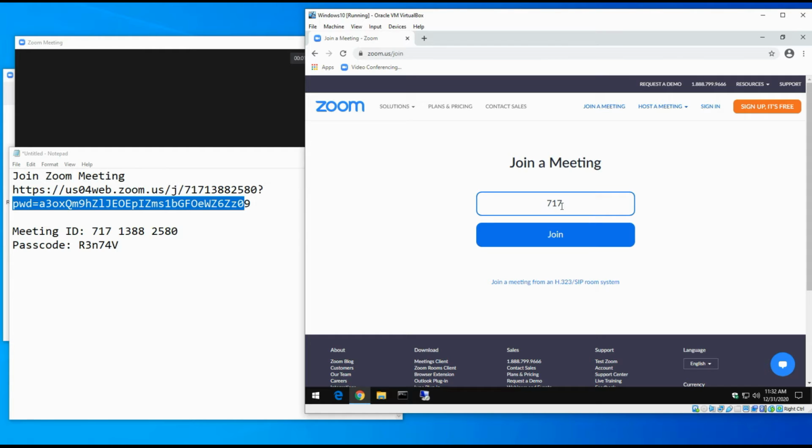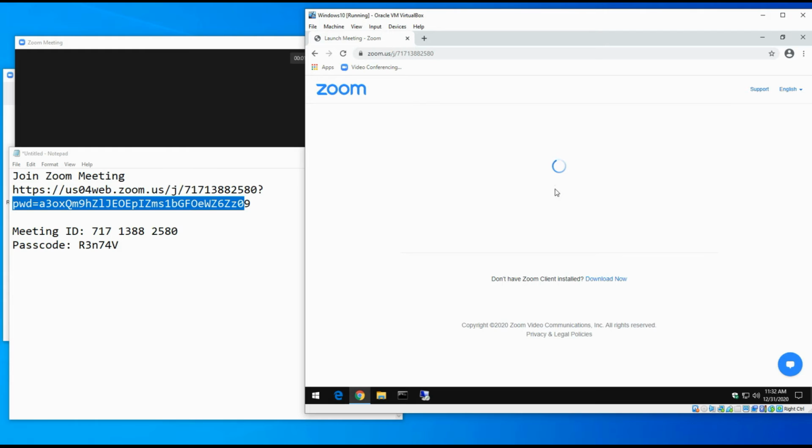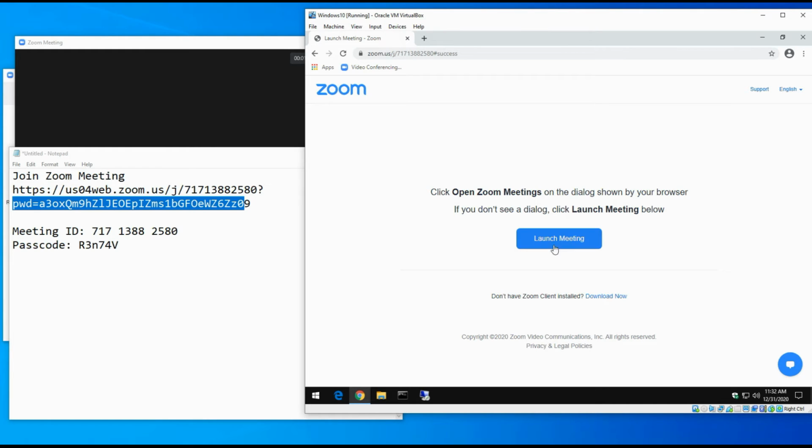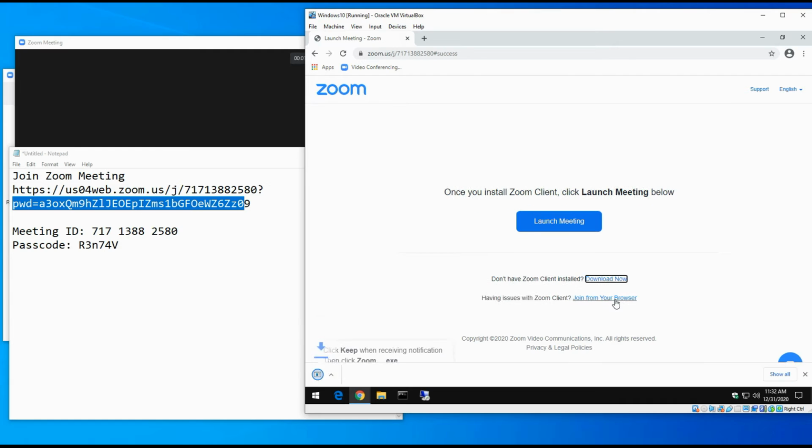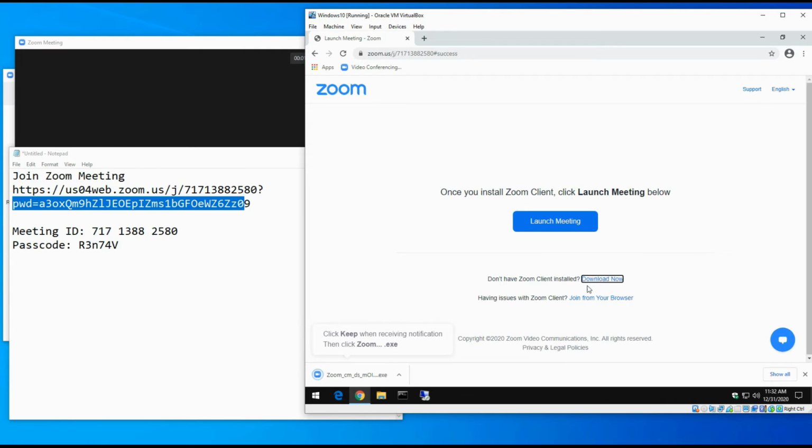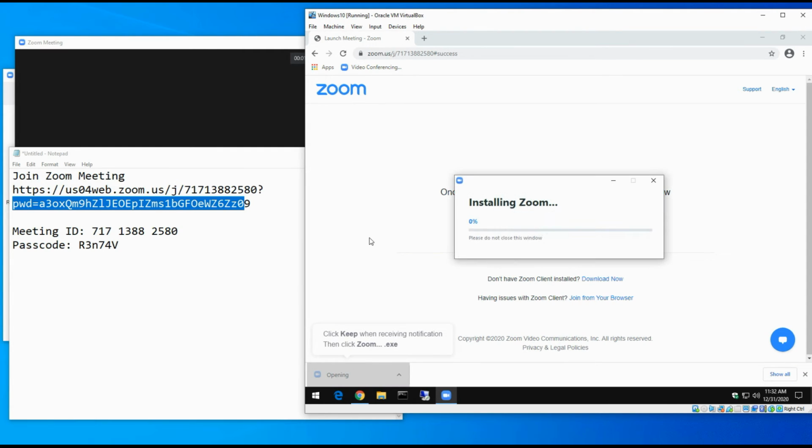which is 717-1388-2580. And then it's going to ask you for this password, and it actually already detects that you don't have the software installed, so you actually want to install the Zoom client to have the best experience while you're in Zoom. So you hit download client, and let's run this,